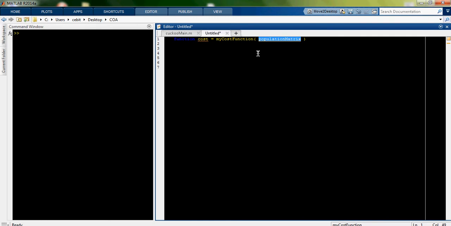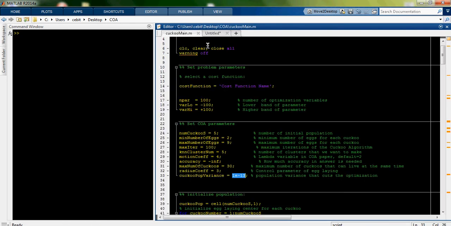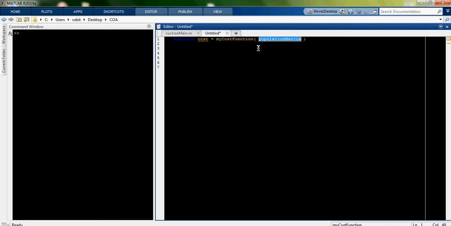But in this evolutionary algorithm, the COA, the population size, I mean the number of cuckoos thrown from cuckoo main to the cost function, varies in each iteration. So we have to get the number of rows or number of cuckoos